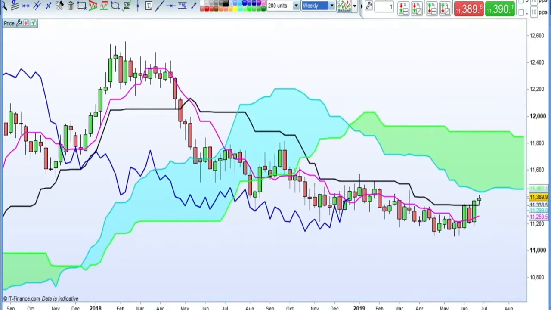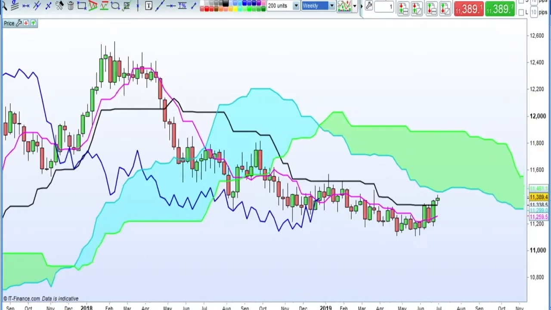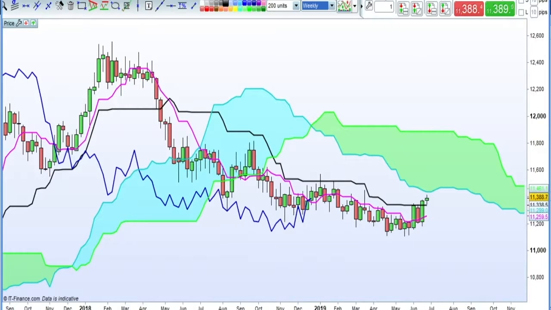Now that blue line, the lagging line, it's currently struggling with the candles themselves which act as resistance of 26 weeks ago. So that lagging line is struggling, but were it to see a decent close clearly above the candles 26 weeks ago, that would be another sign that, hey, we're on our way. Now we do face a whopping great big fat cloud ahead of us, so that is pretty formidable resistance. But were we to start edging inside the cloud, I would